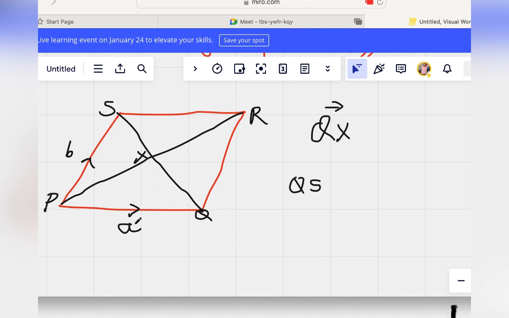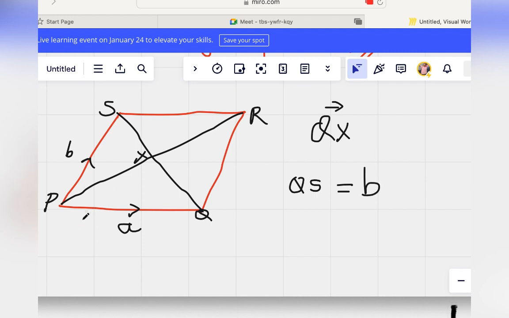We find our QX. Okay, now since Q is going up, then the vector that is going up as well will be positive. The direction they gave us, they did say find QS. If they say find SQ, this one would have been going down. But they say find QS, meaning you should go this direction from Q to S. So anyone that is going up on the vertical side will be positive. So vector B will be the positive. So QX is the positive vector B